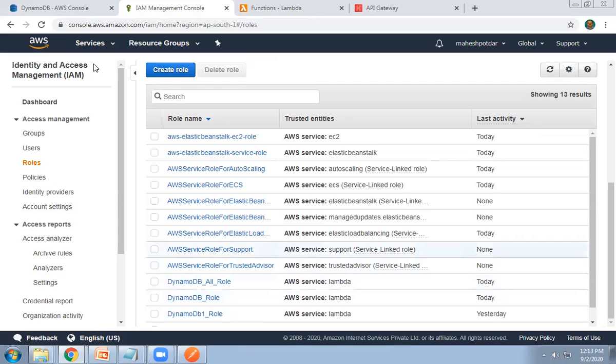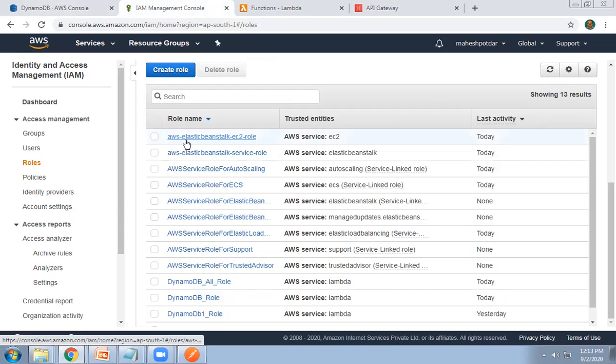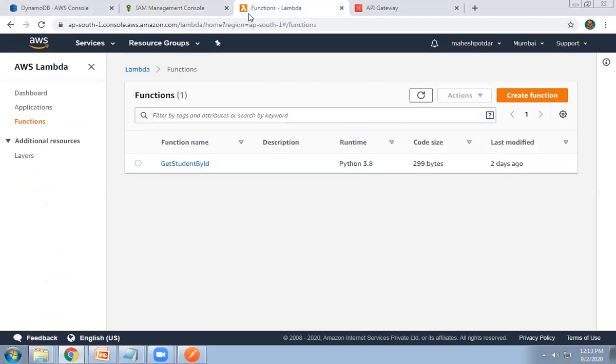So the first part is DynamoDB. The second part is creating the policy and role. And then the third part is creating the Lambda function.